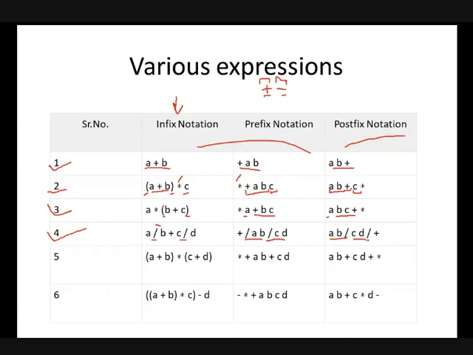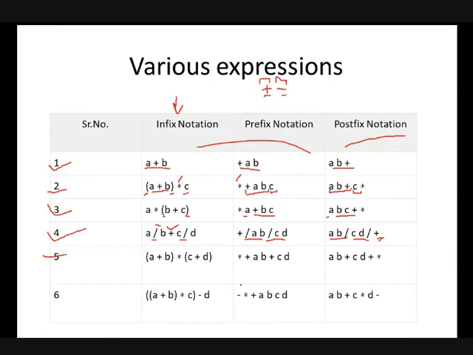Okay, so here you will see that you now have two operands. One is in prefix form, divide ab, and the other is divide cd. So you need to apply this plus operator on these two resultant operands. If we are using prefix, then plus will come before these two operands, and if we are using postfix, then plus will come after these operands.